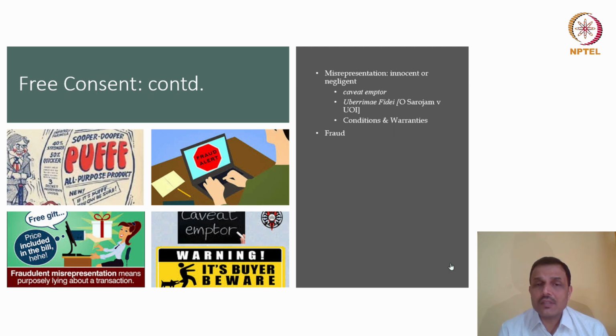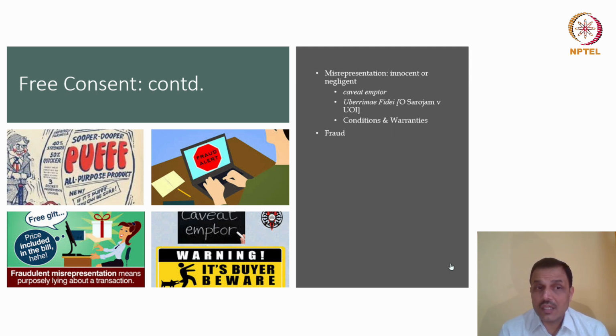Now, fraud can happen in all kinds of contracts, and this is quite a common feature of what we call the exploitative market. So fraud can be committed either by sellers or by the buyer, as the case may be, whoever thinks that he can get away with so-called cheating attempts to commit a fraud. Now, interestingly, friends, fraud broadly is also covered under criminal law. You know that the Indian Penal Code also deals with fraud, cheating, and such other factors where you can actually be punished with imprisonment or a fine.